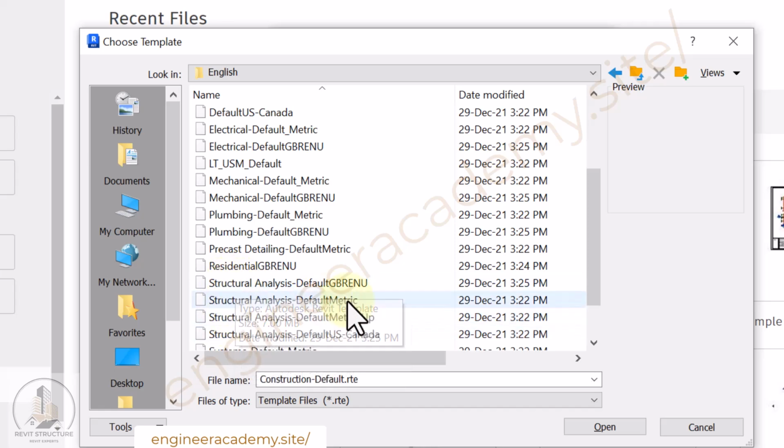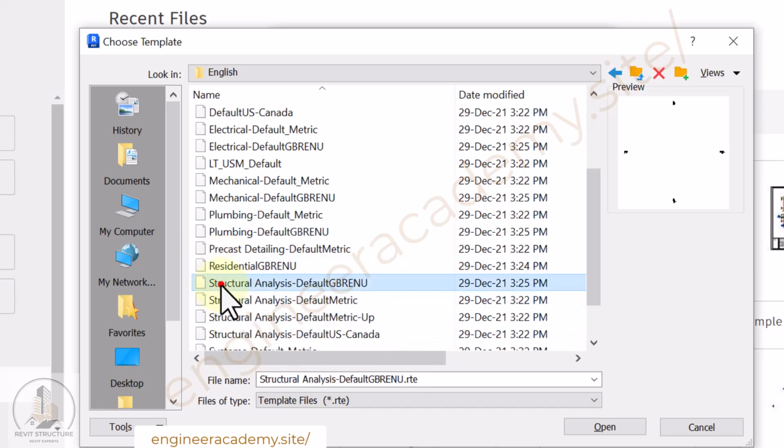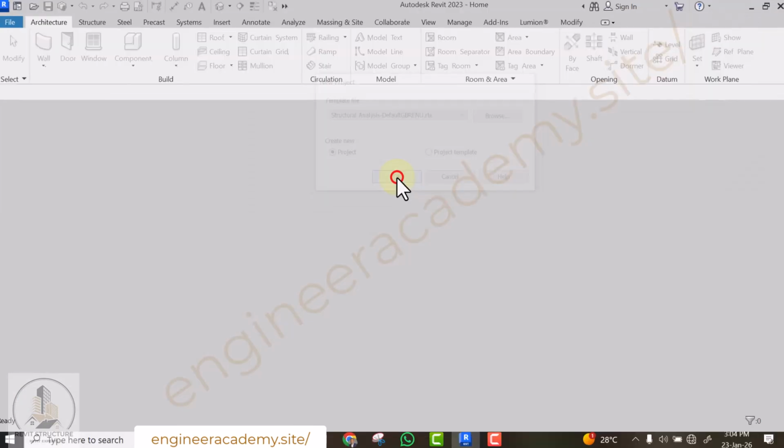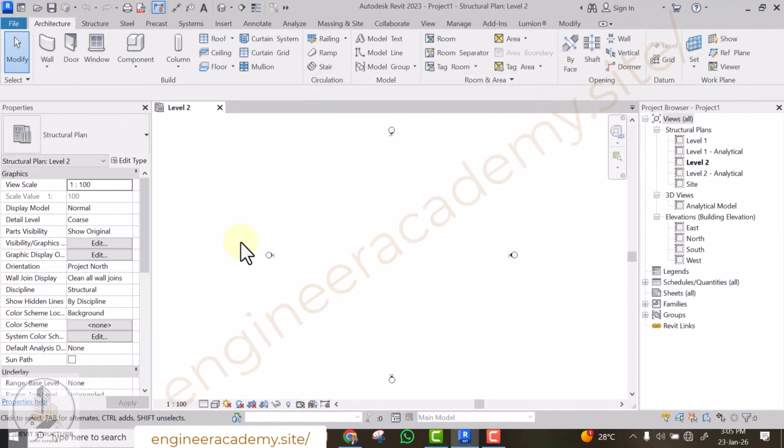For example, this one is bearing structural analysis. So we can pick any of these structural templates. Let me pick this first one and click open here. Then click OK. Okay, so this is the template. This template is specifically for structural engineers. Okay, so this particular